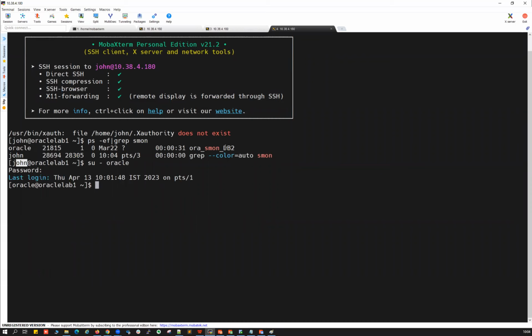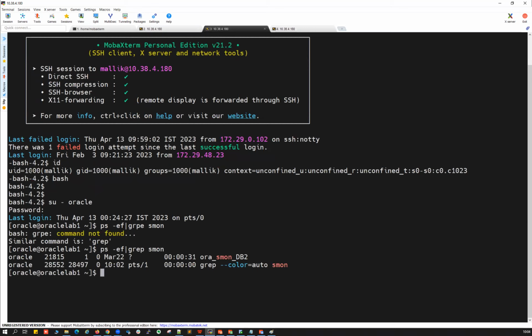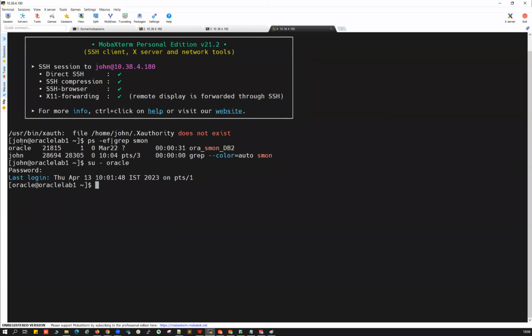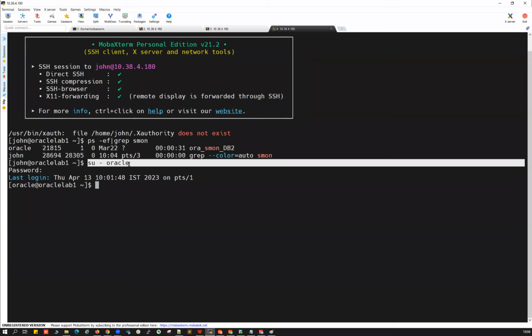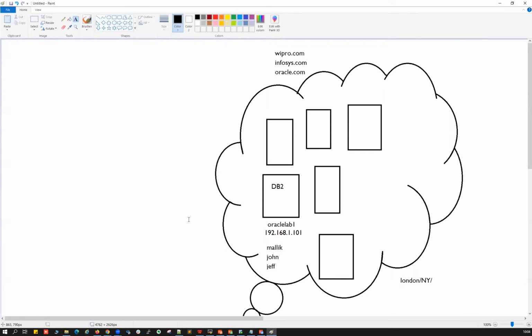If John creates the database and it's owned by John only, then John has to share his username and password with Malik. That's again a security breach, right? So we don't go with that. We'll create this common username Oracle, create the databases with that common user, and share the Oracle password with all the DBAs. Right now I logged in with the Malik user here, and I can switch to the Oracle user with su oracle. If John logs into his session, he can also switch to the Oracle user, because Oracle is a common user and all the DBAs can access it. That's how it works.